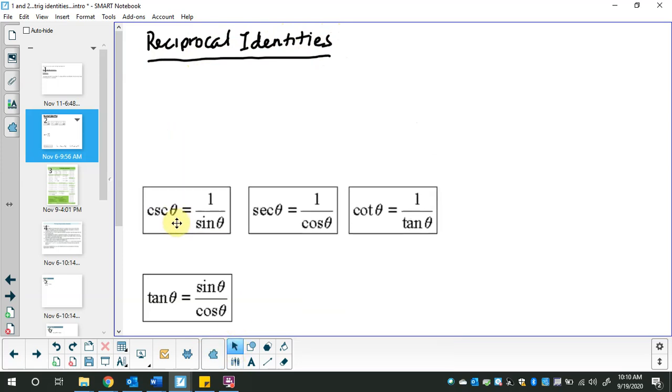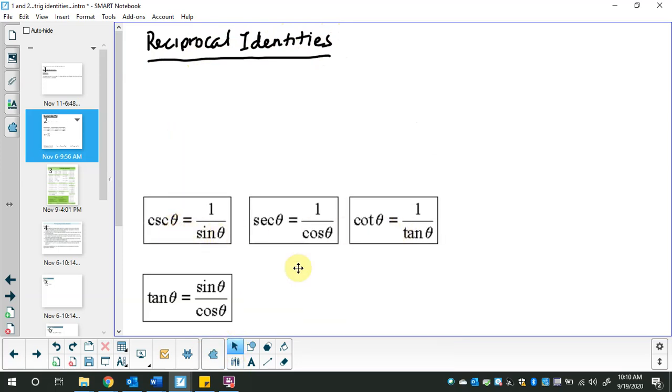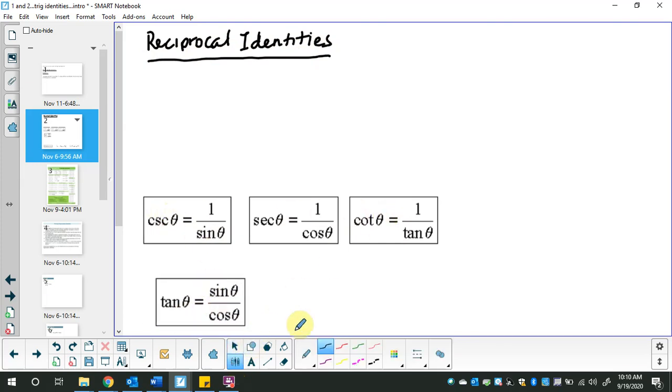So, that's 3 of them. That's 3 of them there. And the other 3 are the reciprocals of these. So sine theta, cos, tan, cosecant, secant, cotangent all have to have an angle positioned after them. You can choose x, you can choose theta, you can choose y, you can choose beta. There's a whole heap of things that you could pick. I'm using theta for the purposes of this note,